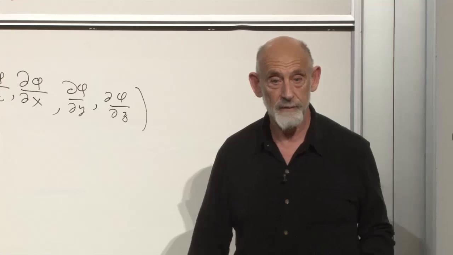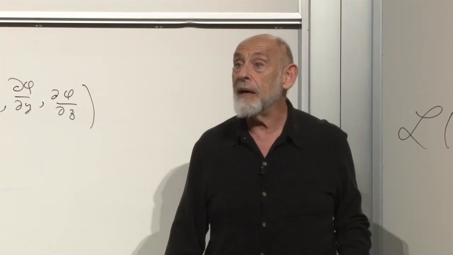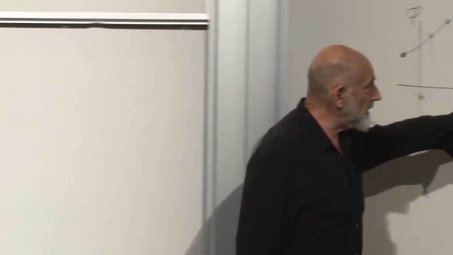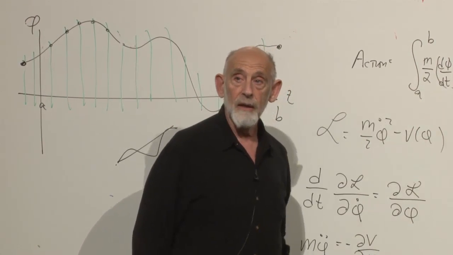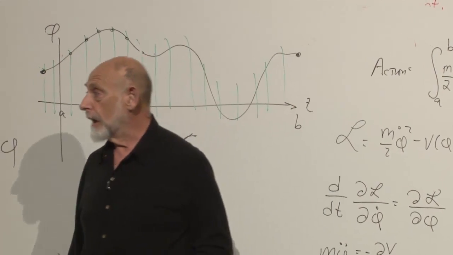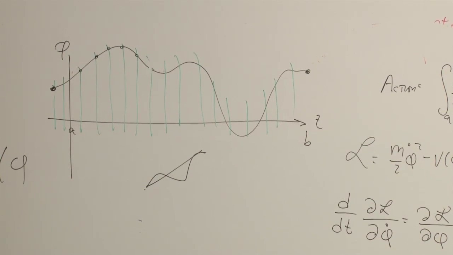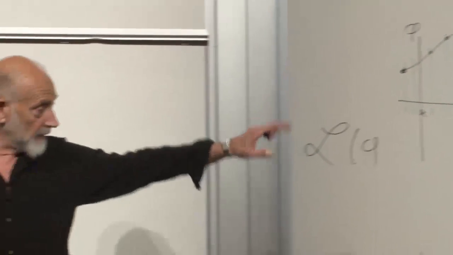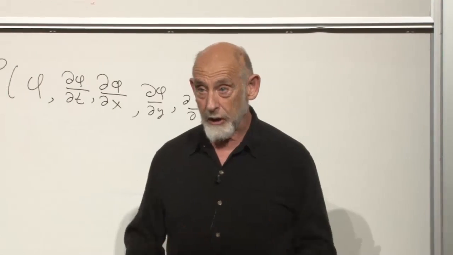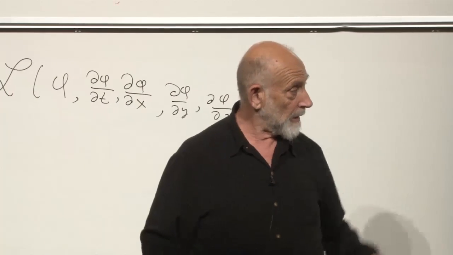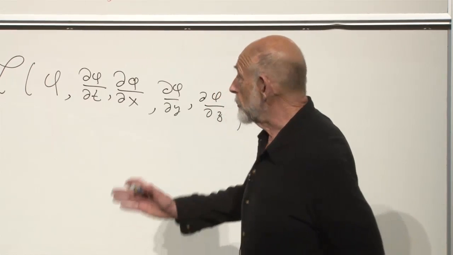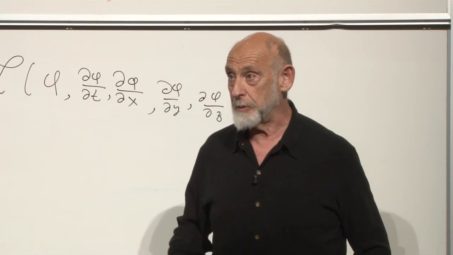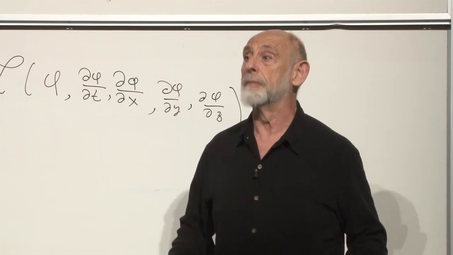Doesn't it depend on x, y, and z too? It might, just as the Lagrangian might depend on t over here. It might. Now, for a closed system, ordinarily, a system which has energy conservation, it means that the Lagrangian doesn't depend explicitly on time. And the same would be true here. It would not depend explicitly on time or space, but it could.